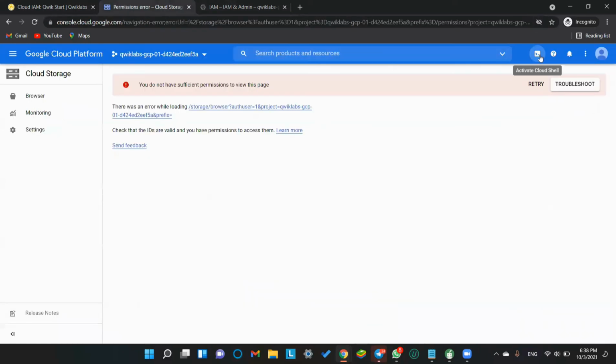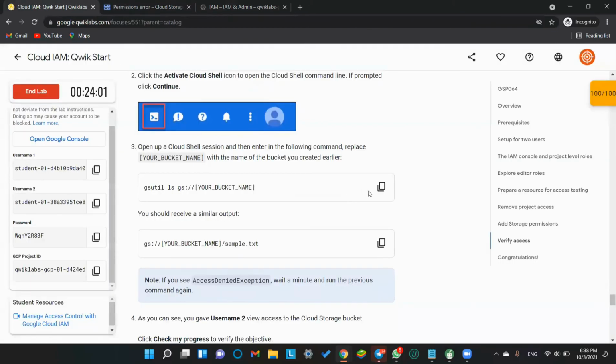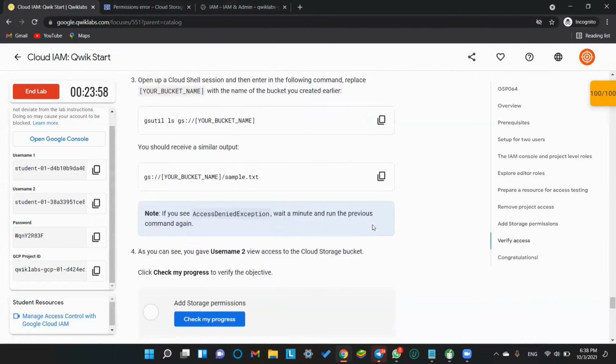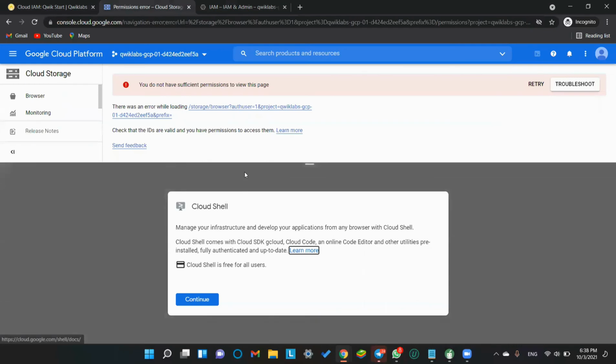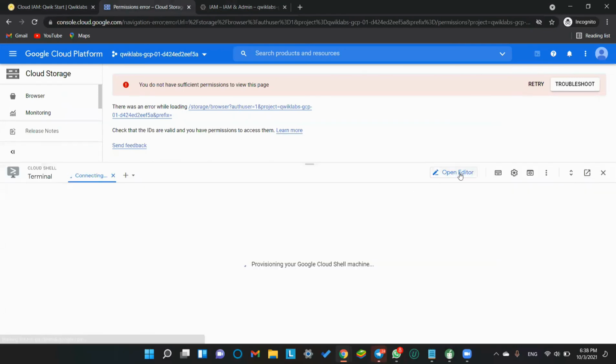Okay, we will open a Cloud Shell. I'm going to copy this command. Okay, Cloud Shell is being provisioned. Till then we can't do anything, so let's wait.